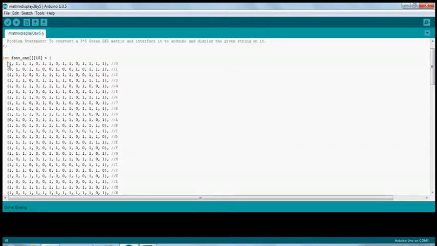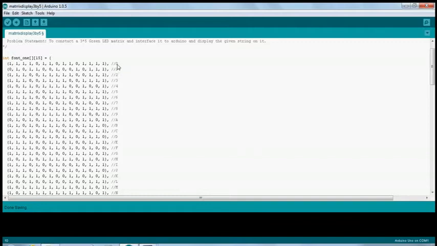At the beginning of the code, we have initialized an array of values of ones and zeros. In this, we give the values of all the characters and numbers which we have to display on the LED matrix.